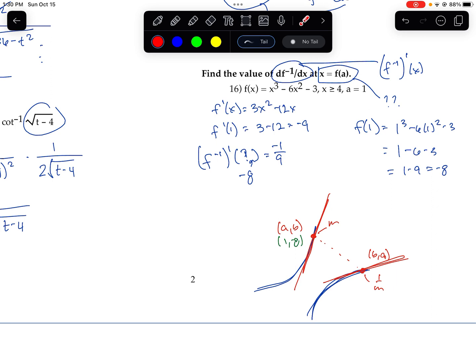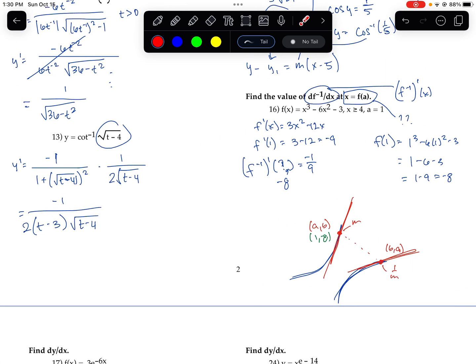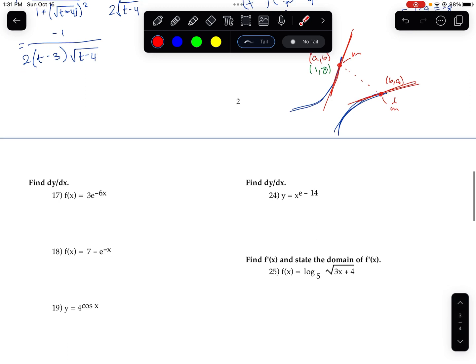So again, probably a much longer explanation than is needed for the answer, but I don't like it when we just do things just to do it. I want you guys to know why we're doing it, and all the details around that. So hopefully this expression makes a little bit more sense. You're finding the derivative of the inverse at x equals, this is the y value. This is that y value right there, which turned out to be -8. Okay,